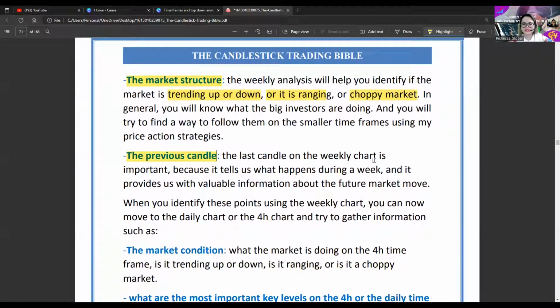The last candle on a weekly chart is important. Ibig sabihin daw, yung last candle sa weekly chart is napaka-importante because it tells us what happened during the week. Makikita natin kung ano yung nangyari during the week, and it provides us with valuable information about the future market move. Ibig sabihin, kung ano yung last candle last week, may binibigay sa ating details for the coming week naman. When you identify this point using the weekly chart, you can now move to the daily chart or 4 hours chart and try to gather information such as: